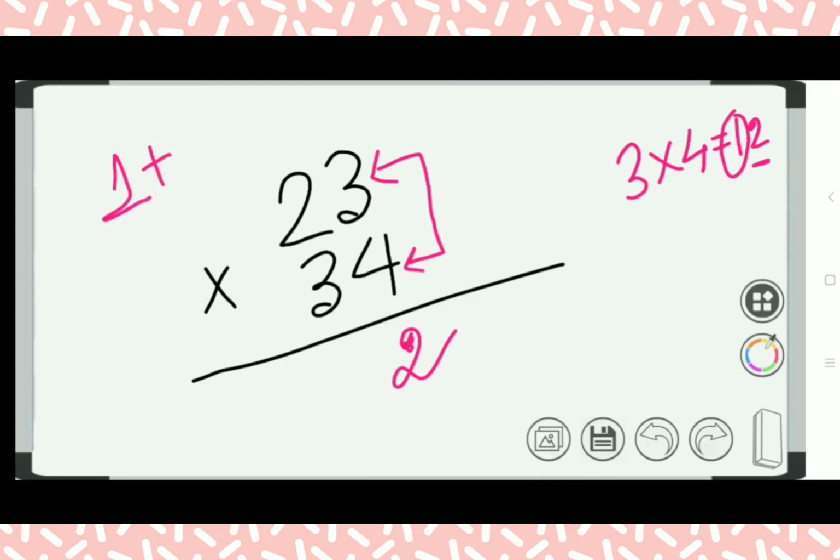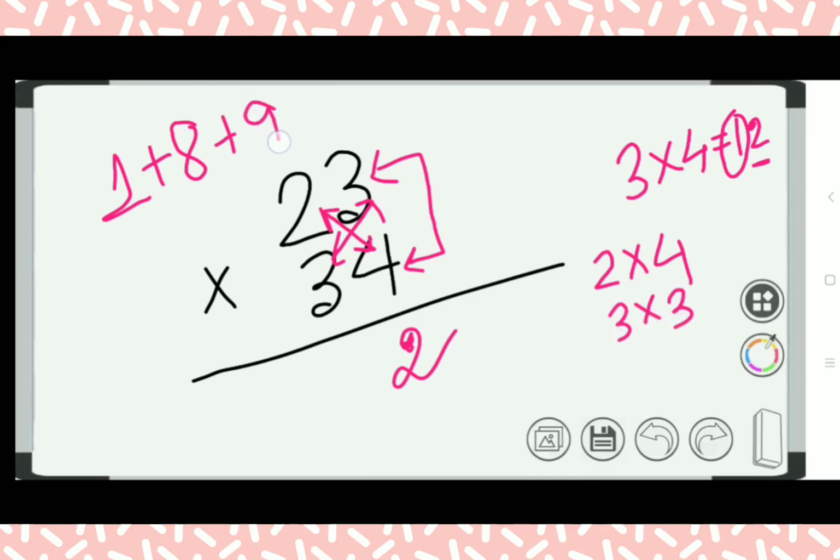Then, very easy simple steps, we will cross multiply these two numbers and we will again cross multiply these two numbers. First we will do 2 into 4, which is coming 8, which will be added to the previous 1. Then we will multiply 3 into 3, which is 9, which will be added to this 1 plus 8. You can see, now we add all these and it is getting 18. So we will write here 8. Then we have again carried 1.